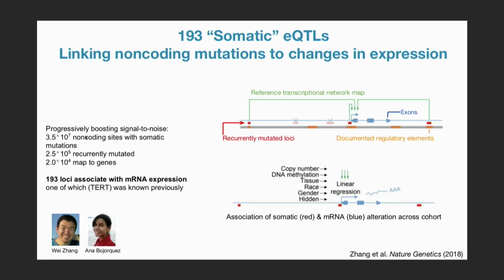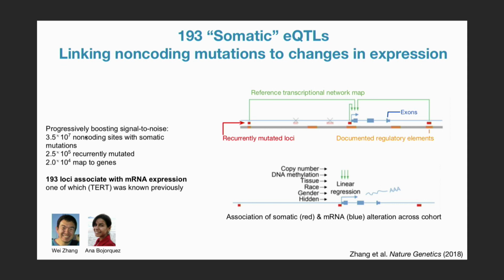And pictorially, we addressed it like this. So you start with a lot of non-coding sites genome-wide, about 35 million of them. If you look at those and just do a light filter on those sites that are recurrently mutated in just more than a few patients, this was not a p-value type of calculation, nothing significant here about this. We just said exclude mutations that don't arise in 2 or 3 patients.